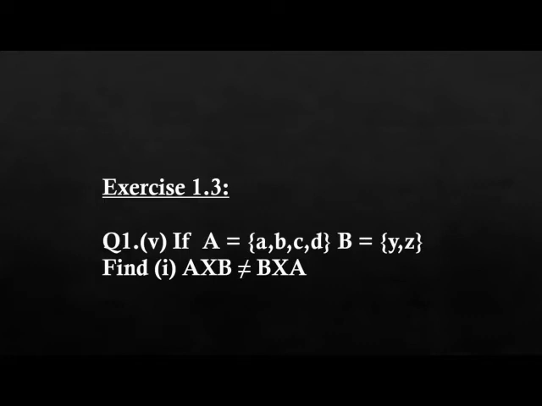So what do we have to find? We have to tell A cross B. If we order up the pairs in this manner, first we write the first component from set A and the second components of all the ordered pairs from B. So it would become A to B. And we also have to find B cross A, where the first component should belong to the set B and the second component of all ordered pairs should belong to the set A. In this manner, we have to tell whether they are equal or not.